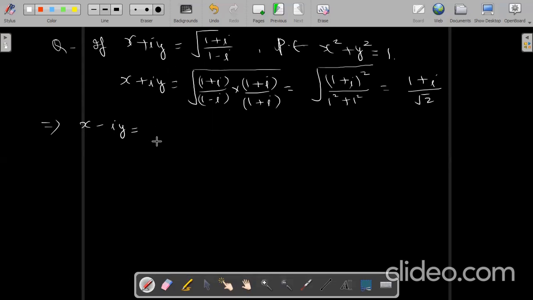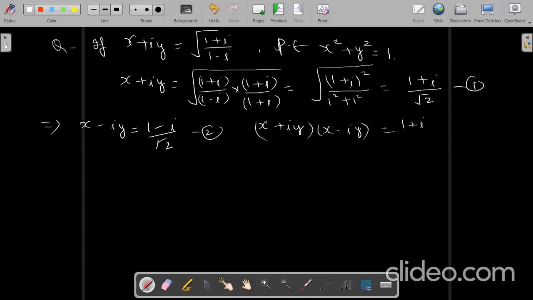So we can write by changing 1 minus iota. Only the imaginary part will be changed. So this is our equation number 1. This is our equation number 2. Multiply them: x plus iota y multiplied with x minus iota y on the left side, and on the right side we are getting